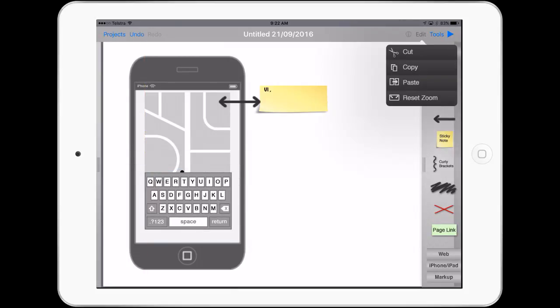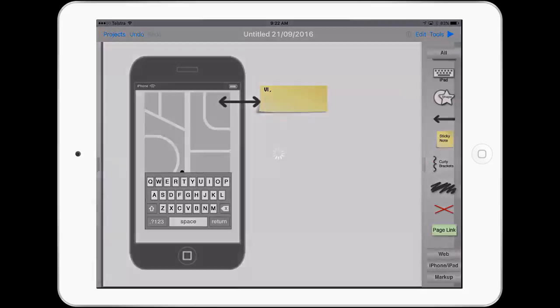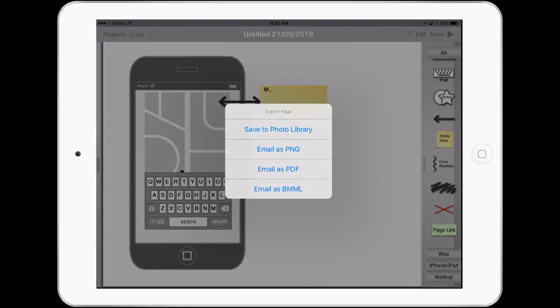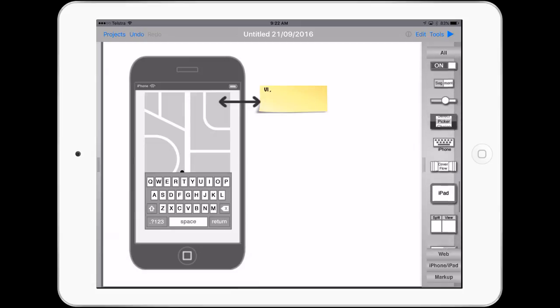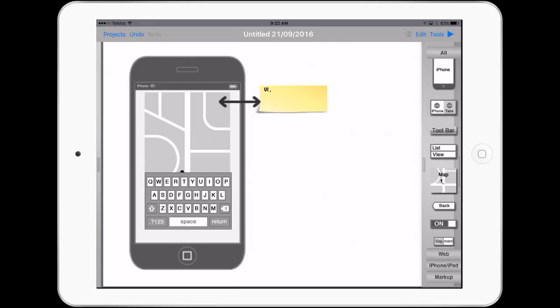So there's a whole lot of editing tools. We can reset. There's some tutorials. We can export the page and the project as a PDF or go straight to our camera roll and do some more with it. We could bring that into Explain Everything or Book Creator and start to get them to explain what these things are about. So look, it's a really fantastic little mock-up design application that gets kids starting to think